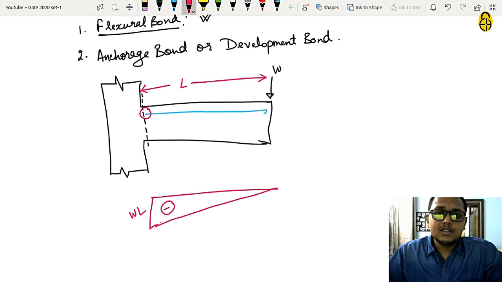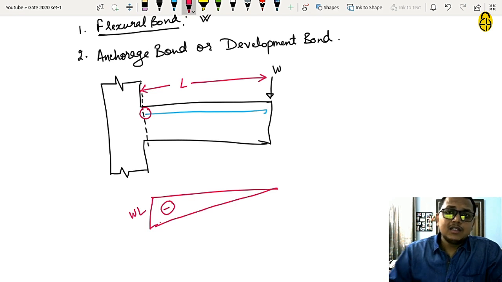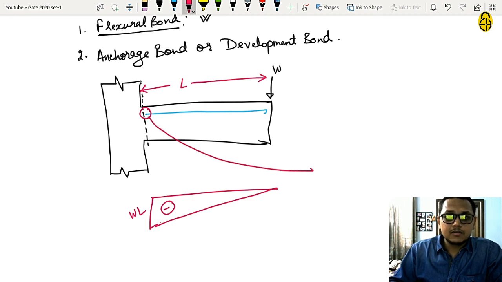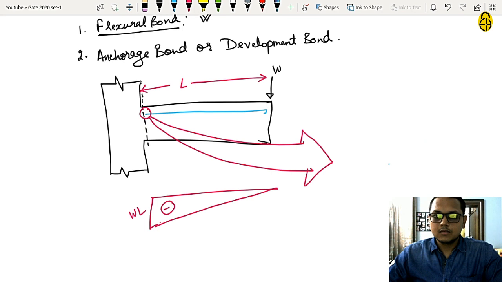So because the bending moment is maximum, the tensile force in the bar will also be maximum. Now at this point you can see that if we take just the bar and if we magnify this portion,